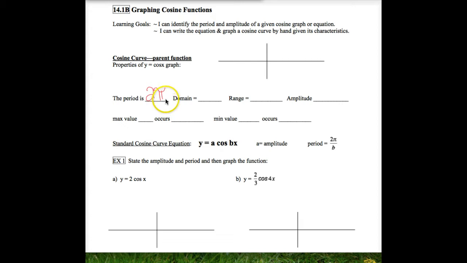The parent function of a cosine curve, we get the exact same way that we did a sine curve. So we're really looking at the quadrantals of the unit circle. So the 1, 0, 0, 1 at 90, negative 1, 0 at 180, 0, negative 1 at 270. Because the period is 2 pi, we're going to graph these the exact same way. So on both the left and the right of the x-axis, you need to get up to 2 pi,